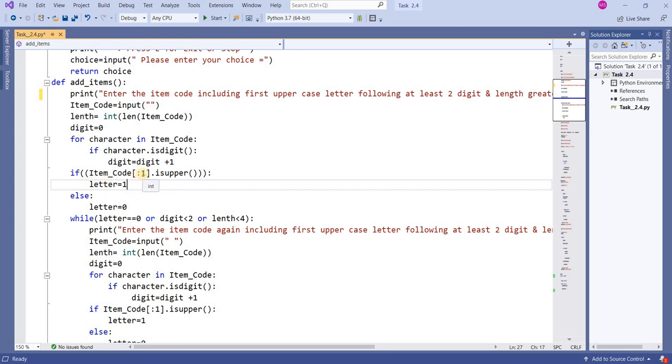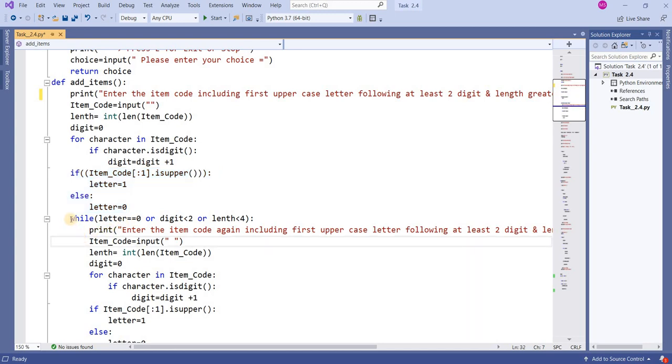If you do not enter it at the first position, it will pick wrong. It will not pick that character and it will return 0. This is my variable that will show me whether the first letter is a capital letter or not. Only this. The purpose of this is to get whether the first character is uppercase or not. Only that.